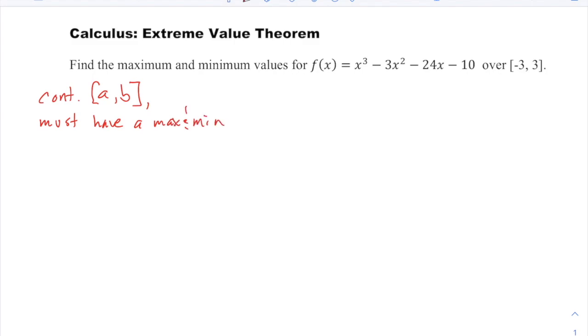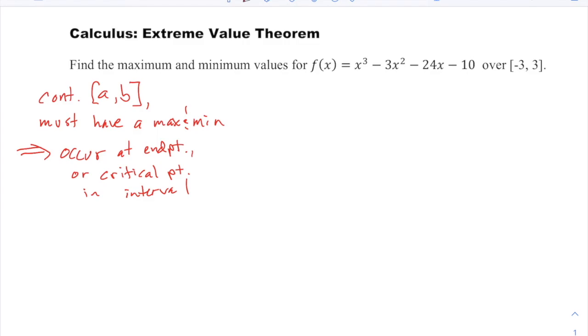And that maximum and minimum value, which it must have, will either occur at an endpoint of the interval or at a critical number within the interval. Okay, so there's the summary of the idea here, that if the function is continuous, it must have a maximum